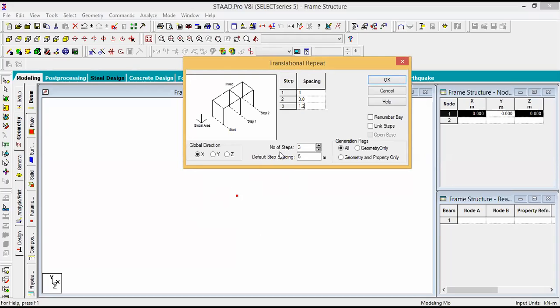That's why I have taken here number of steps as 3. Clear? Number of steps as 3 and the spacing between these steps. So here, the steps you have created are 1, 2 and 3. So here you can see these 3 rows which are indicating step-wise, step 1, 2 and 3, and spacing